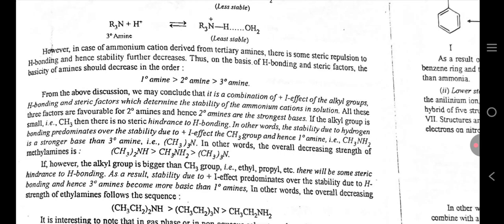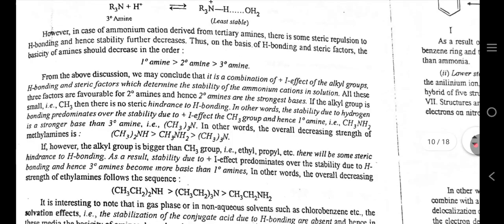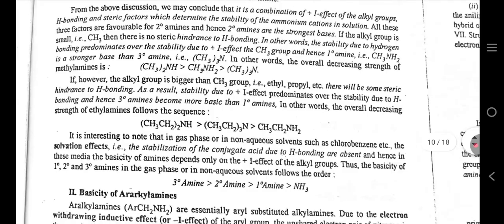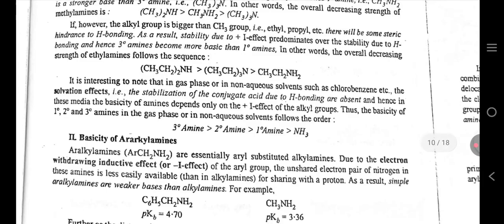If the alkyl group is small, CH3, then there is no steric hindrance to H bonding. In other words, the stability due to the hydrogen bonding predominates over the stability due to plus I effect of the CH3 group, and hence primary amine CH3NH2 is a stronger base than tertiary amine. In other words, the overall decreasing strength of methylamines is, look at this,